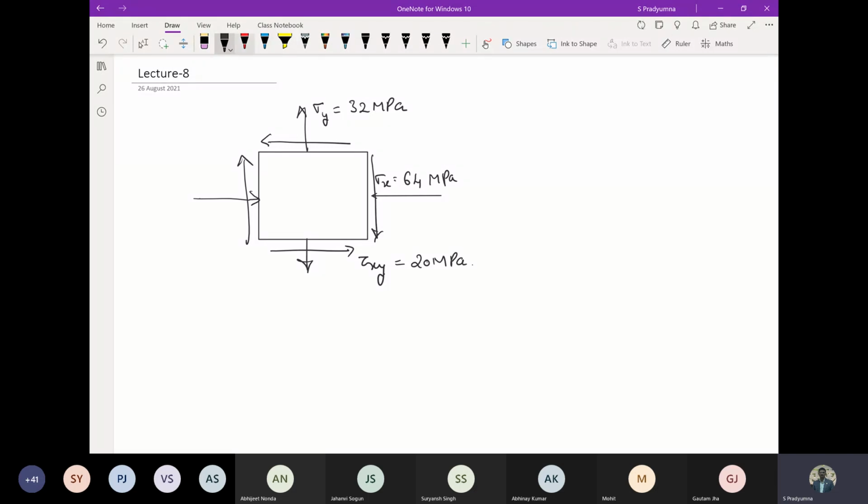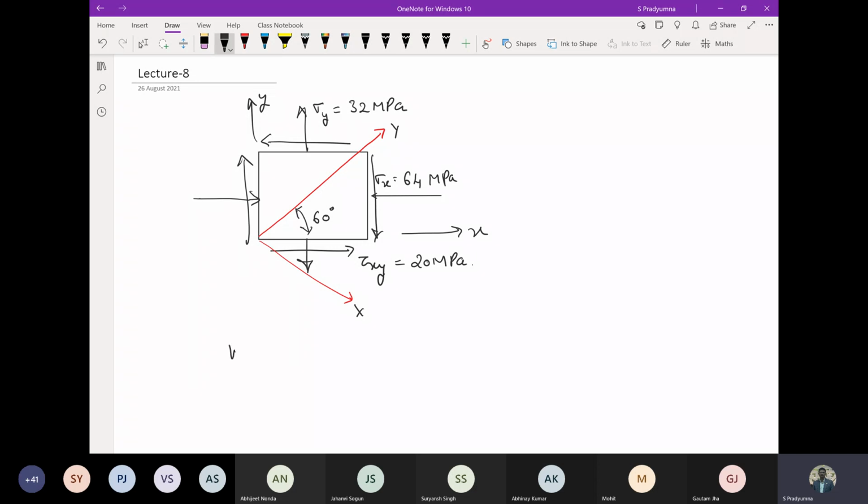We want to know what is the state of stress corresponding to this coordinate system. So this is my x, y, and we want to know the stresses with respect to this. This angle is equal to 60 degree. I know you have solved some examples which look similar, so let's see what we can get from this problem.